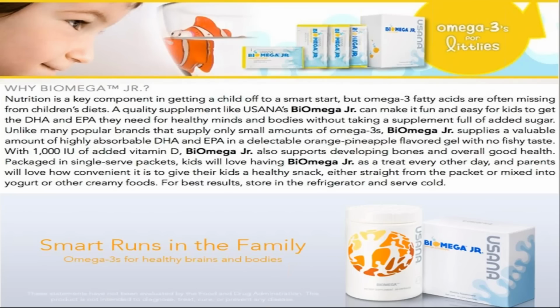So, alongside with this, meron din tayong optimizer for children. We call this the Biomega Junior. So, this is the fish oil version for them. So, kung meron tayo for adult, of course, brain needs good levels of brain development and good levels of DHA and EPA. So, with this one, we have added vitamin D, same with the adult, and this is served in